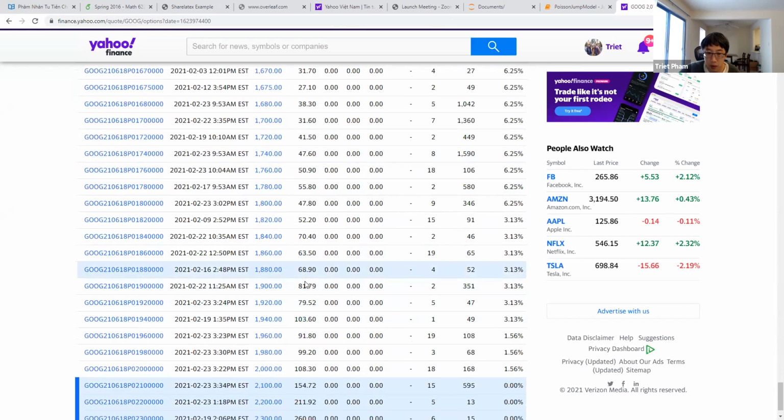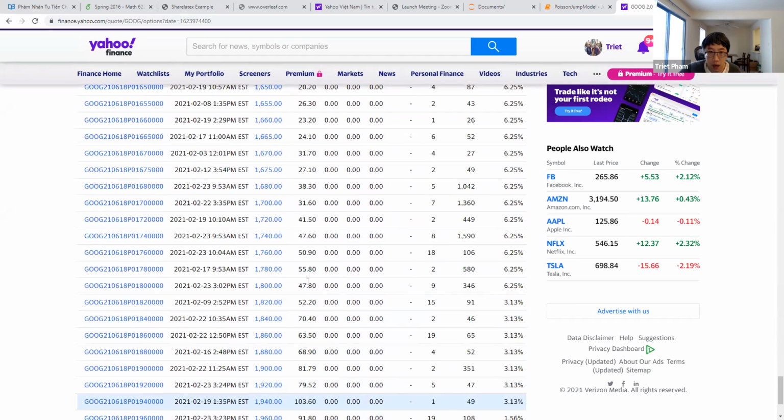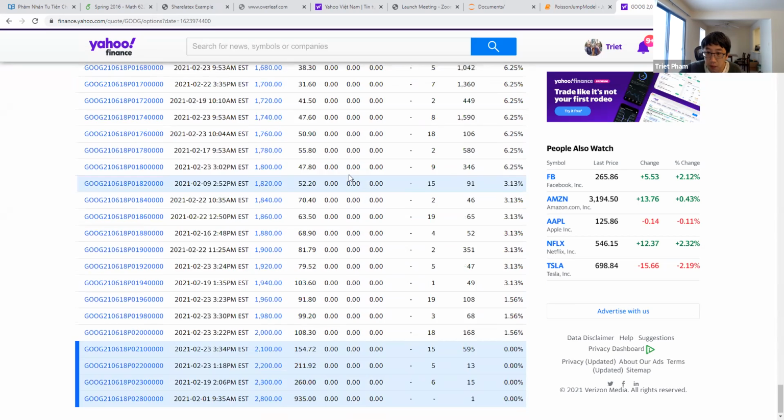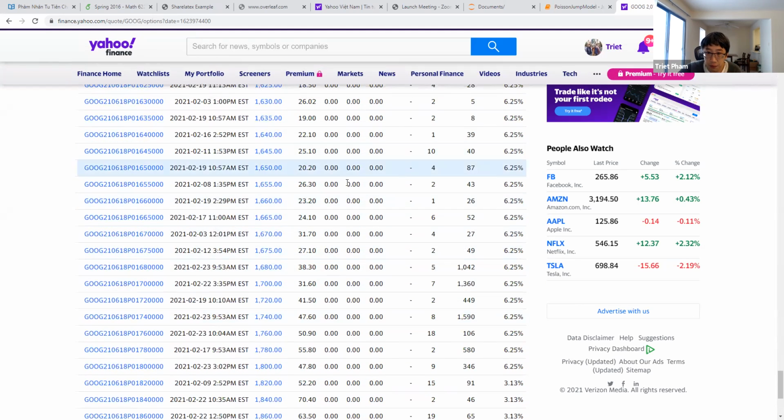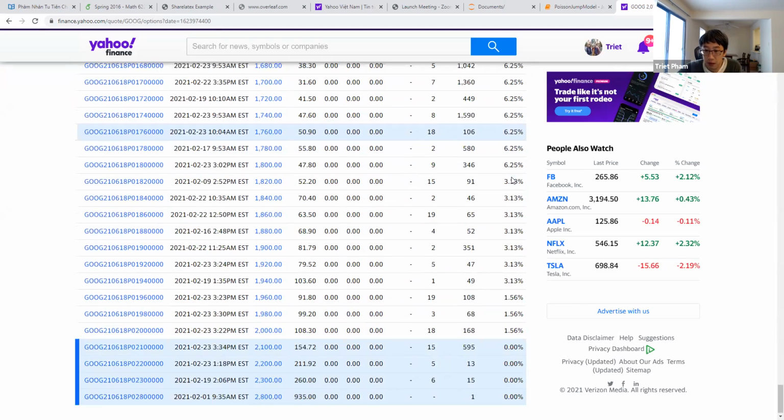The strike level gets closer to the level of the stock price. So around this level, the options are more actively traded. Look at the volumes. And if you look at the implied volatility quoted around this, it may be